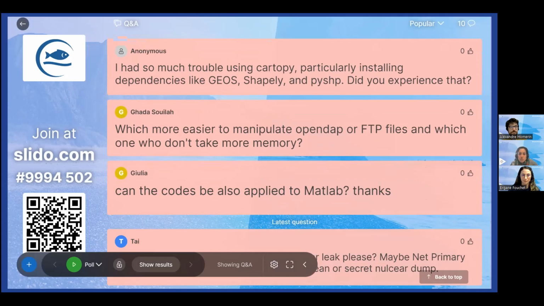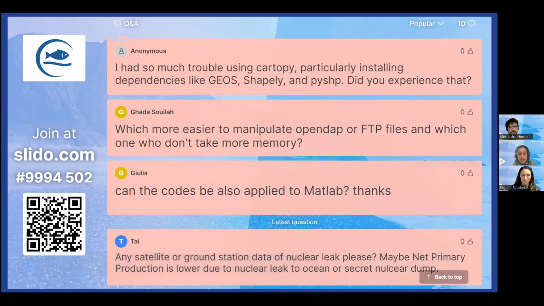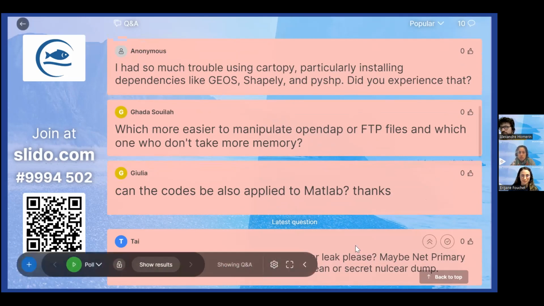I had so much trouble using Cartopy, particularly installing dependencies like GEOS, Shapely, and PySHP. I don't know how you read that, but did you experience that? Well, personally, I've had no trouble importing the library. It sounds strange, but